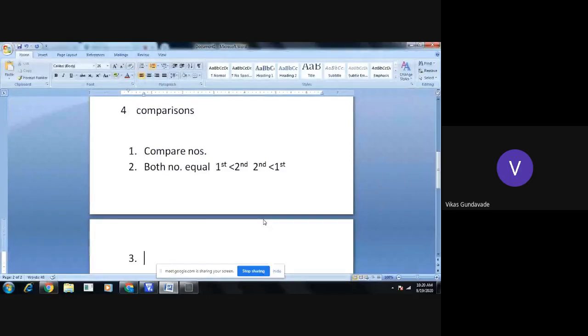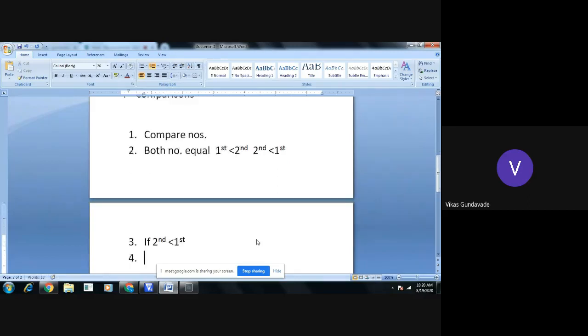So if both numbers are equal, we need not make modifications. Then if first number is lesser than second number, then also we need not make the modification. We need to make the modification when the second number is less than the first one. So if second is less than first, what we need to do?